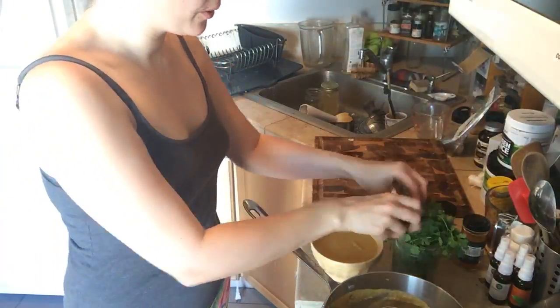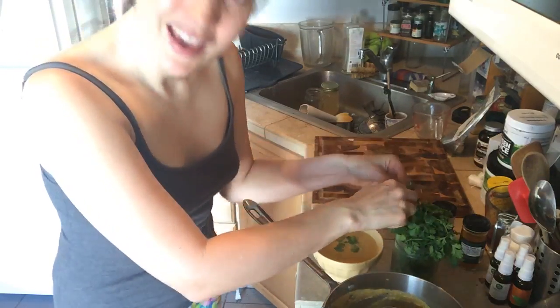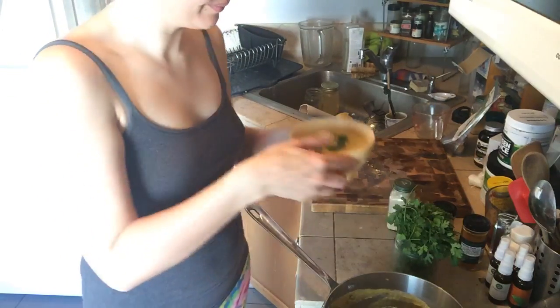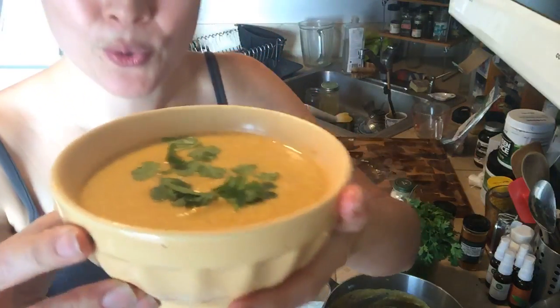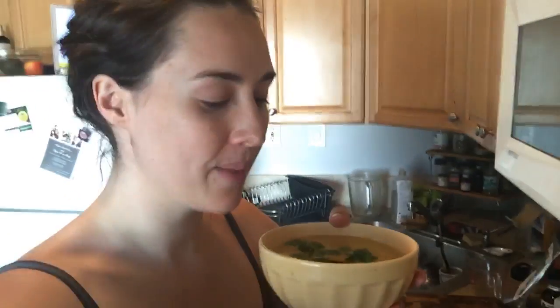So I'm going to add in some fresh cilantro as a garnish, which will make it look pretty and also make it taste really good. I love cilantro. Pretty, huh? All right. I'll probably be adding in some more seasonings to this as it goes along, but this is wonderful,